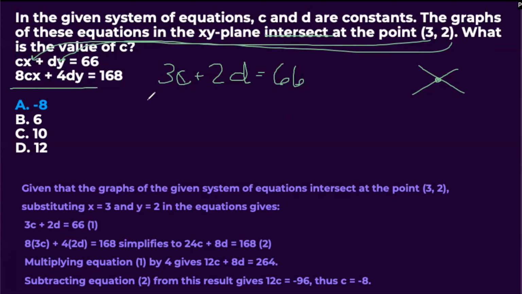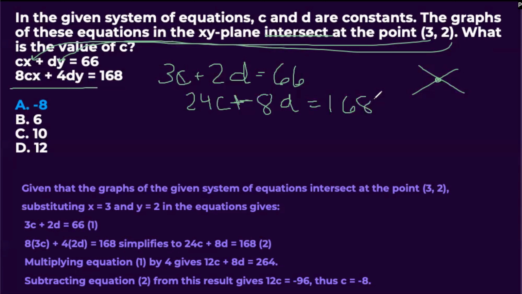When we do that, we're going to get 8 times 3, which is 24c, plus we have 4dy, which means that we have to plug in 2. So 2 times 4 is going to give you 8. Then we bring down the variable d